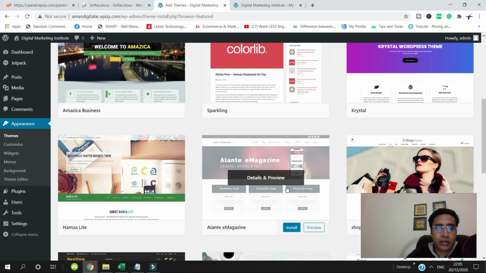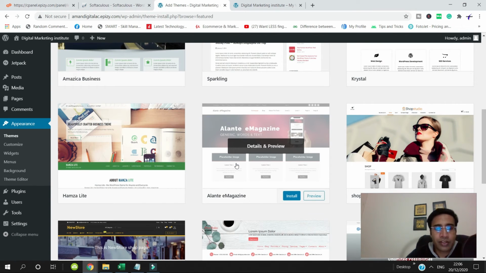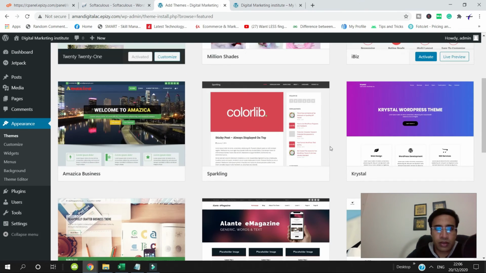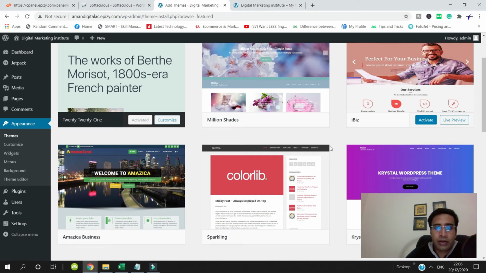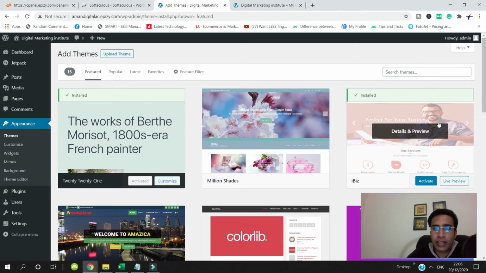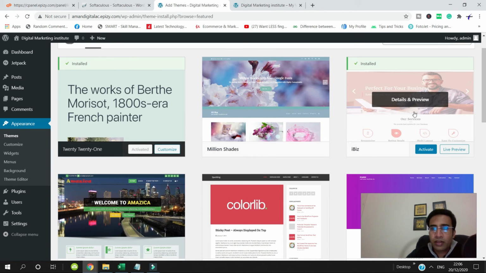There are many pre-made themes where you don't have to do anything. You just have to do a little bit of editing, and you can publish your website. But if you start your website from scratch, then you have to do a lot of work here.